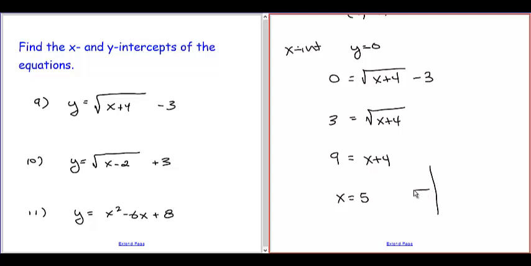And if we were to sketch this function, it would look something like this. It would have a y-intercept of negative 1 and an x-intercept of 5. And if you set x equal to 0, you'll get... actually, no, that's not right. So the most negative x value that this thing can take on is negative 4, because you'd have negative 4 plus 4 give you 0. Anything more negative than negative 4 would give you the square root of a negative number. So you'd actually start here, you'd have negative 4, here you'd have 5,